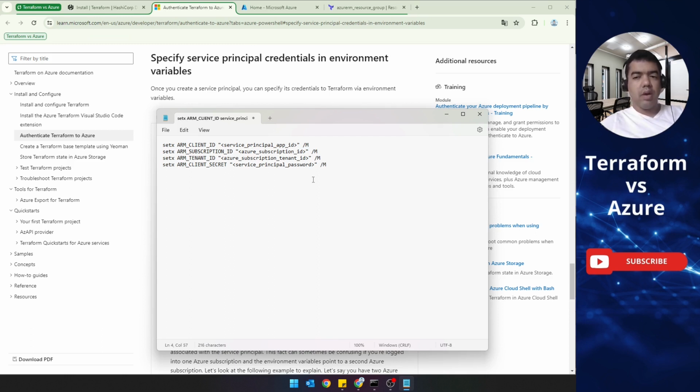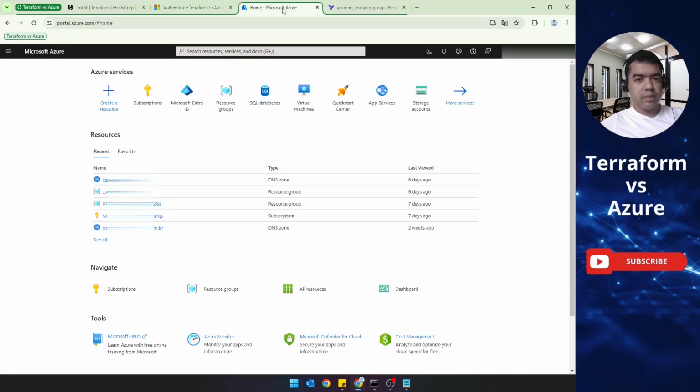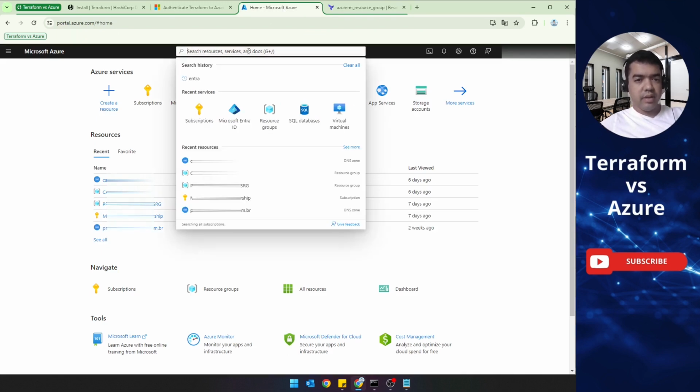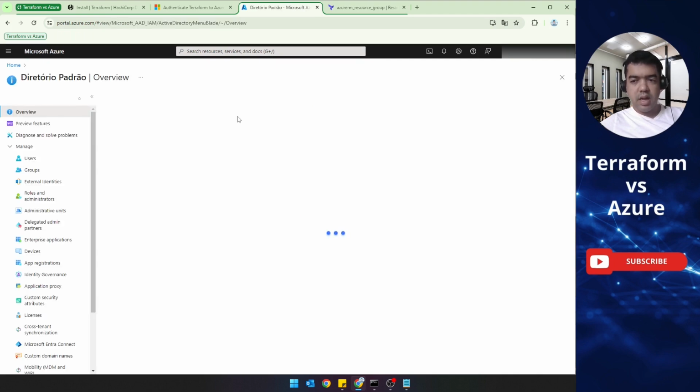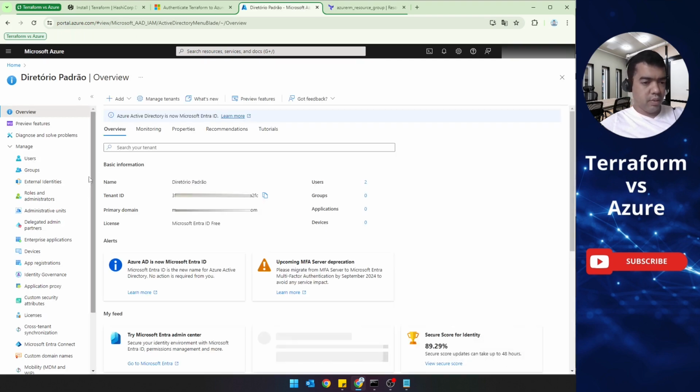Okay, now we need to get the variable values. We can do that in the Azure portal. Search for Microsoft Entra ID and create a new app registration.